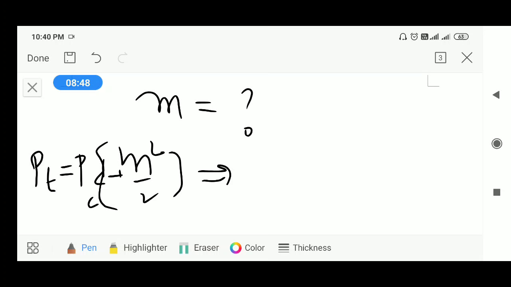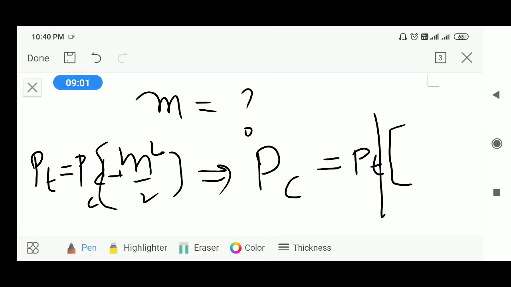So from this, actually the power wasted in the AM is the amount of power in carrier, that is, you bring PC onto LHS and you will get PC equal to PT divided by 1 plus M square by 2. This is the formula of amount of carrier power with respect to total power, or power wasted in AM, or power existing in the carrier.